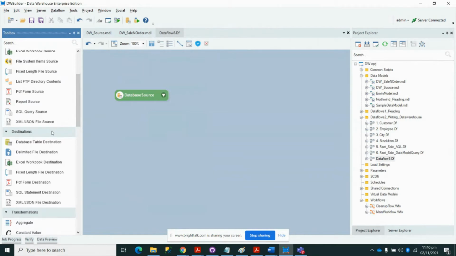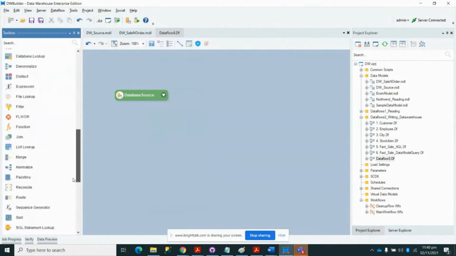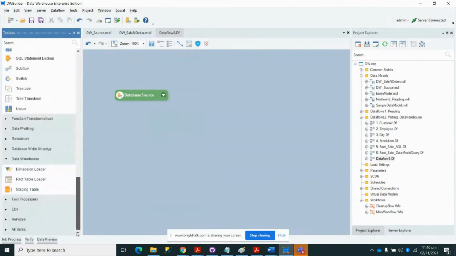But in this case, our focus is on facts and dimensions. And to load facts and dimensions, we have a separate section titled Data Warehouse that basically contains two objects of interest, the dimension loader and the fact table loader. So what I'll be doing is designing a data flow from scratch and show you guys how we can use this intuitive interface to basically take data from the source database and write it to a dimension